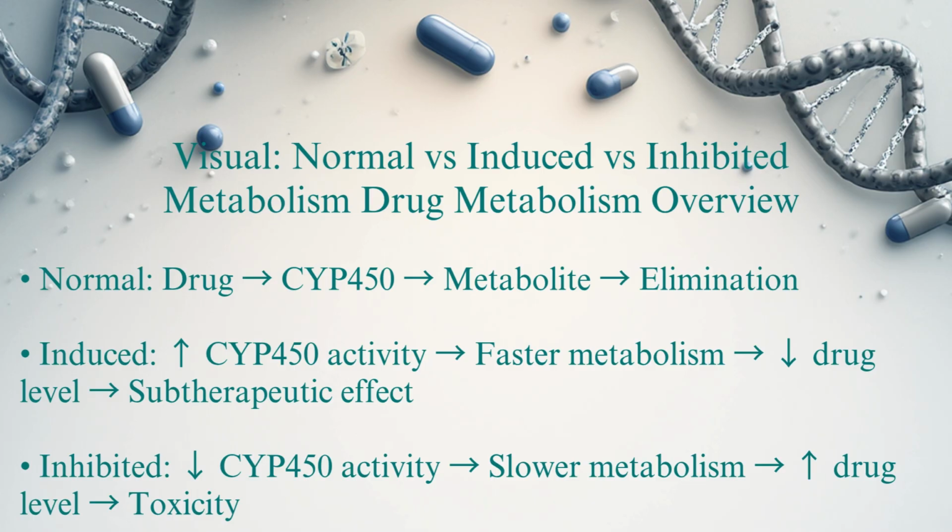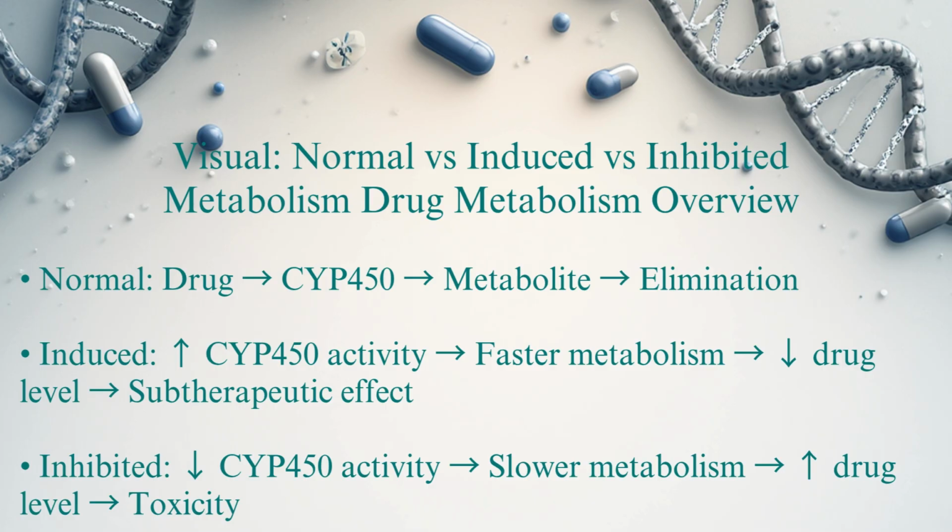So in the normal state, the body takes the drug, metabolizes it at an appropriate rate, and clears it in a balanced way. When CYP450 is induced, the enzyme activity is increased. The liver metabolizes the drug faster than usual, which causes the drug level in the blood to fall more quickly and to a lower level. Clinically, that leads to a subtherapeutic effect and treatment failure, because there isn't enough drug around to produce the desired